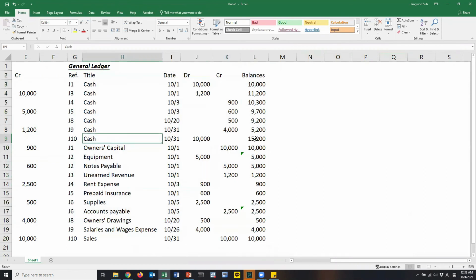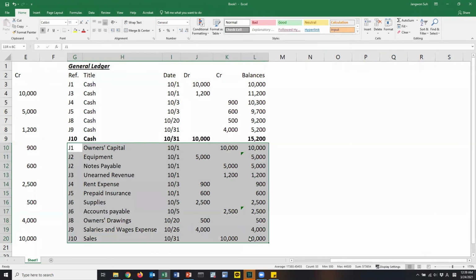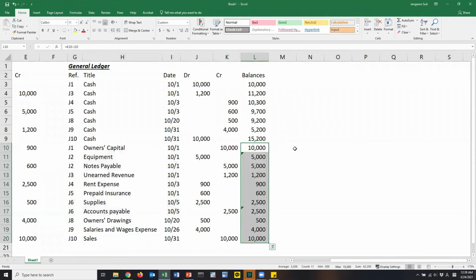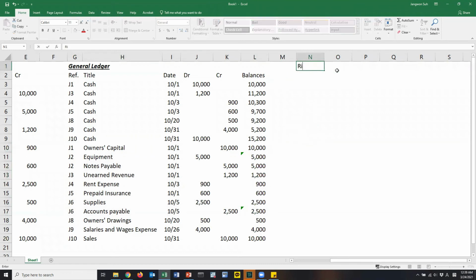Okay, so going back to the general ledger, we can say that the ending balance of cash is here, 15,200, and for everything else we have only one line, so the ending balance of each of them is printed here, right? When you have a general ledger, you can prepare a trial balance. What's a trial balance? You leave only the ending balance of cash,